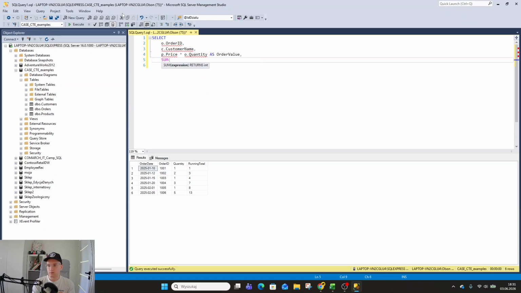Now the window function is sum of price multiplied by o.quantity